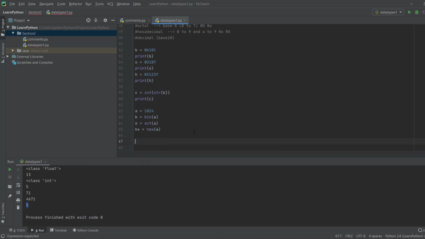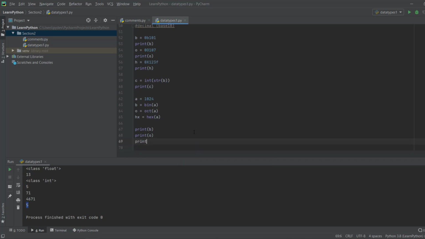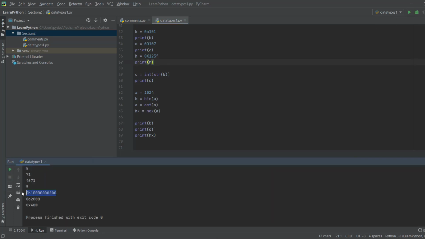You can print all these things, print b, print o, and print hx. You should be able to see their true representations. This is the binary representation of 1024, this is the representation of 1024 in octal, and then this is hexadecimal.